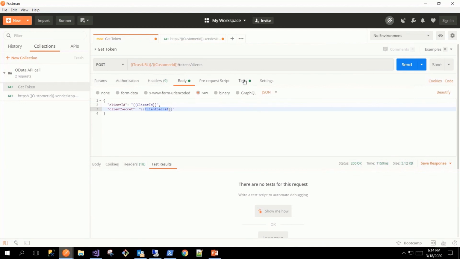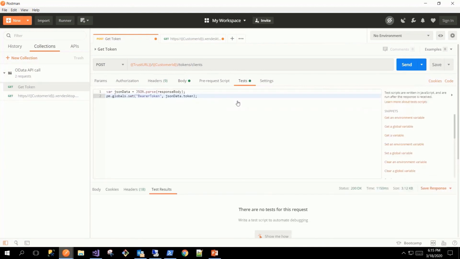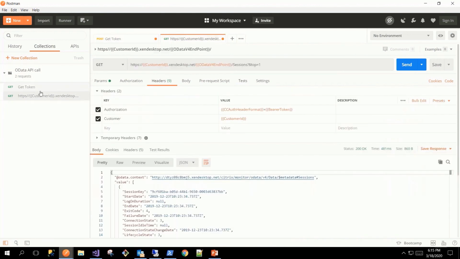And I have a script which runs on top of the response, which will convert the entire response body to JSON and extract the token and add it to global properties. And this global property is available through all of the collections in Postman. And the next request is the call for sessions, getting one record from it.